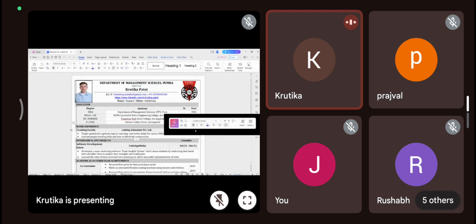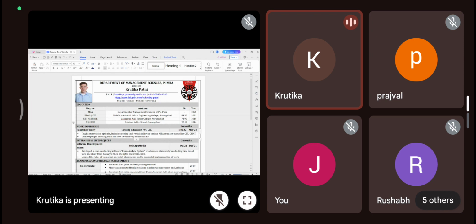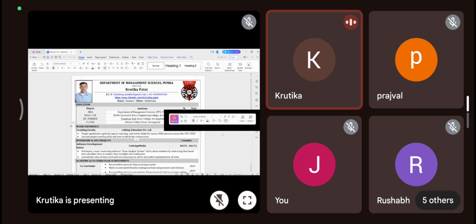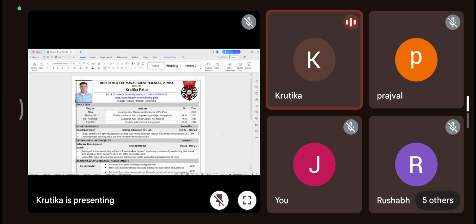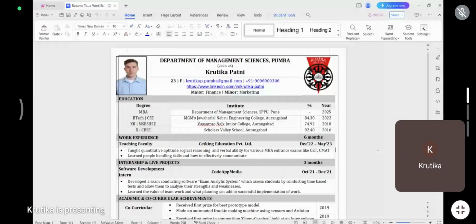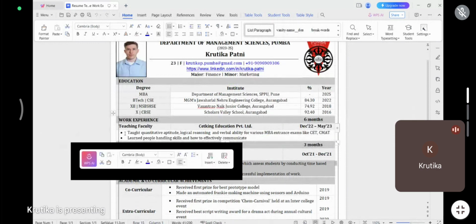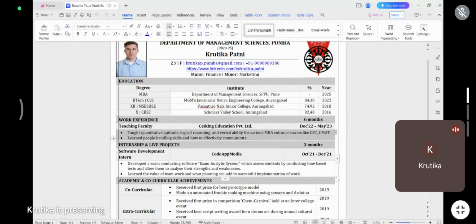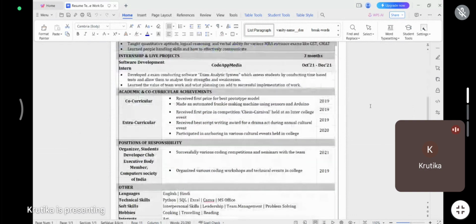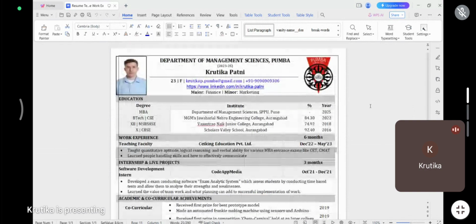Here the duration. If you have worked with more than one or two companies, here you have to write the total duration of your total work experience only in months, not in years. Like if you have 2 years of work experience, then you'll write 24 months. And here you have to write the description about the work. Try to write everything in only 2 points, and every bullet point should not exceed 2 lines, and the rest is all the same. I'll share my resume too for reference if anything is required.